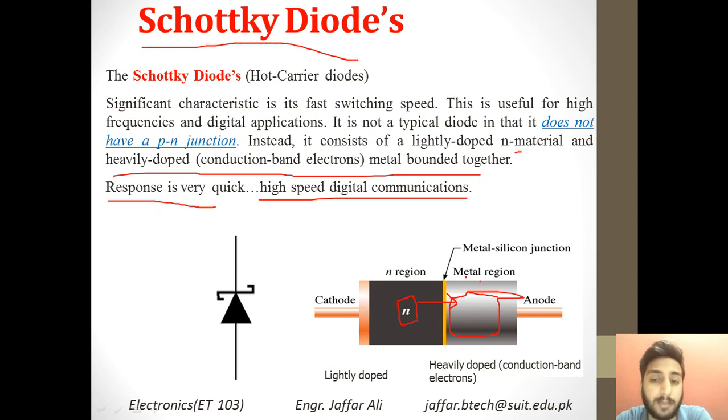And the only reason is because of their metal region, because metal has a lot of doping. I have mentioned that it is heavily doped, so the doping will be increasing the conductivity. As you know that doping increases conductivity, so because of this heavily doped conduction region over here, the device is very quick for switching.